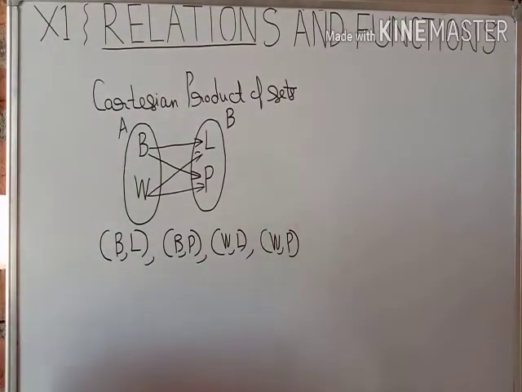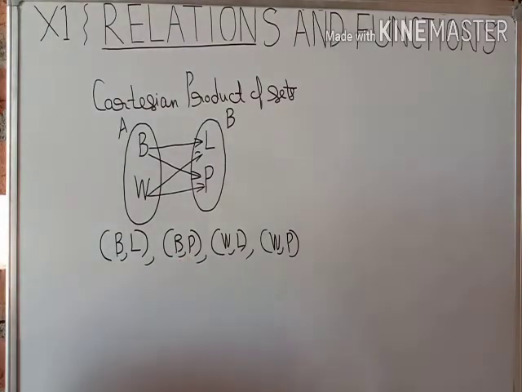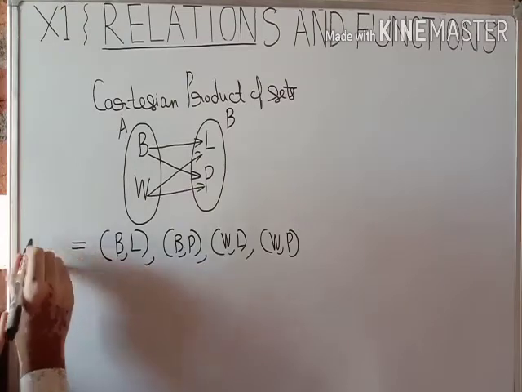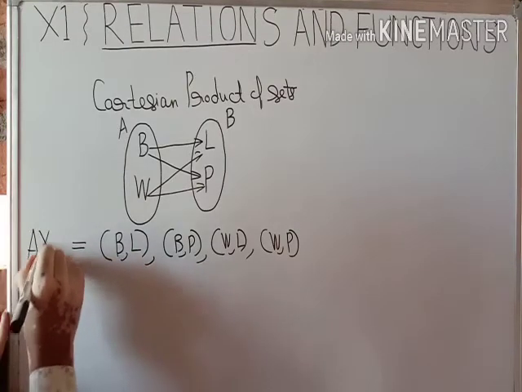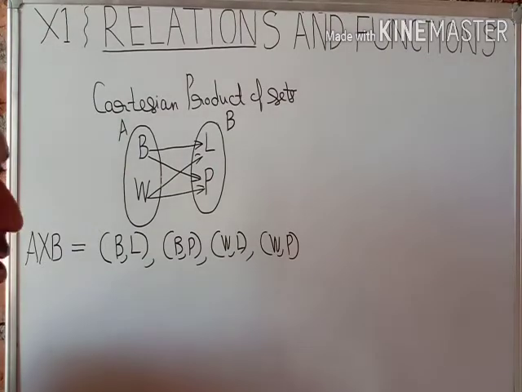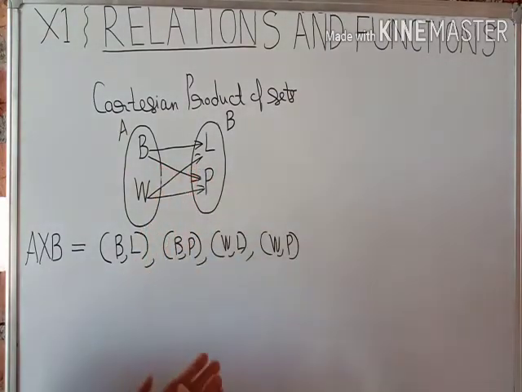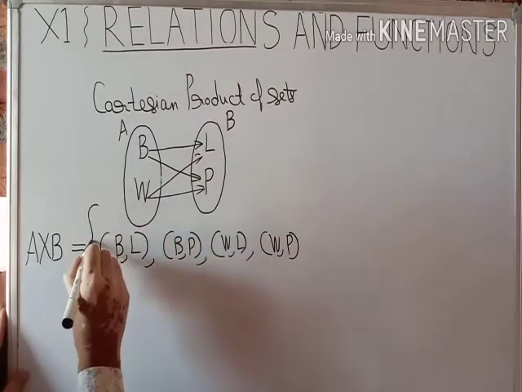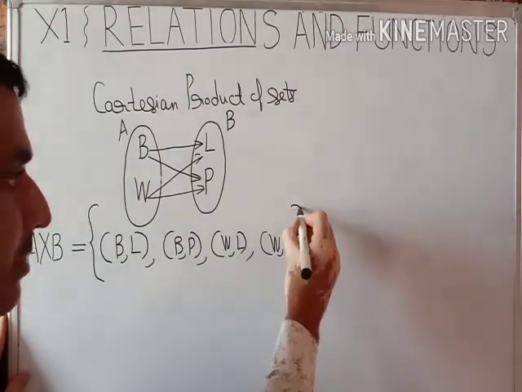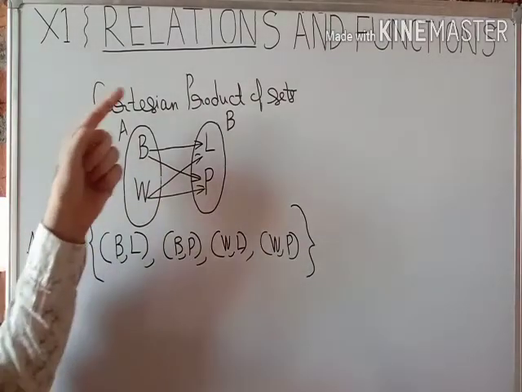You are right. So what is this? This is only Cartesian product. We denote it like this: A cross B. Now I can say, Cartesian product of two non-empty sets A and B is a set. Is a set means we can write by using these brackets. Is a set of all possible ordered pairs from A to B.